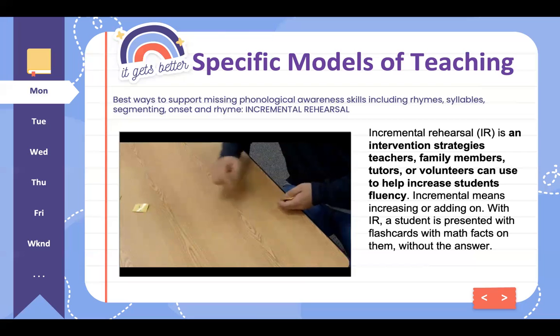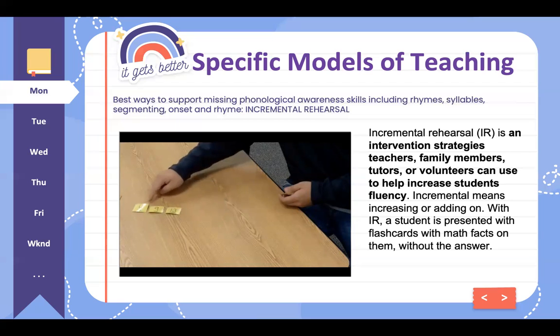After the student repeats the number, I will begin to add in the student's known numbers, placing them in a row behind the first unknown number. I will go back to the beginning of my row with the unknown number and have the student say each one as I point. 4, 9. I will add another known number, and the student will say the number names as I point. 4, 9, 13.